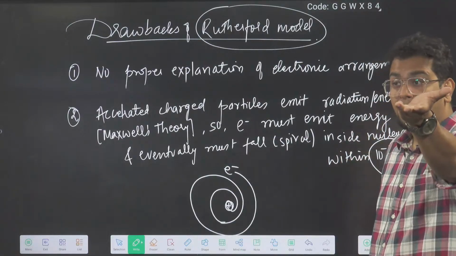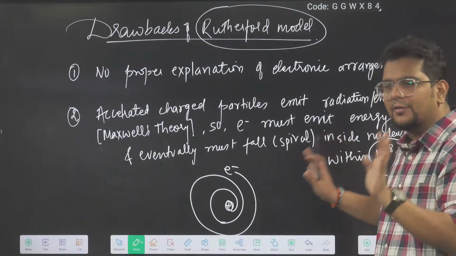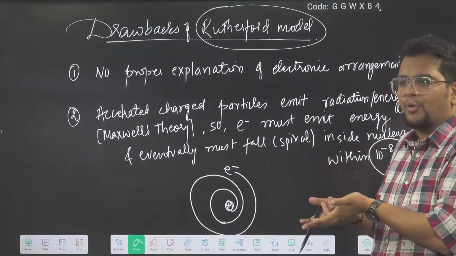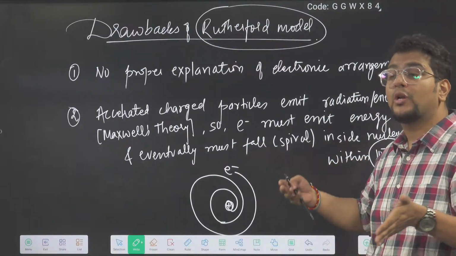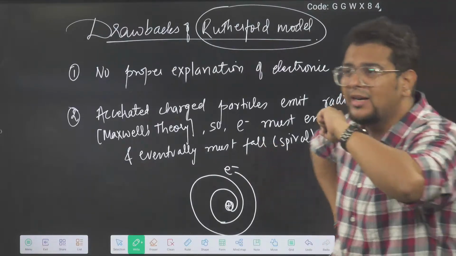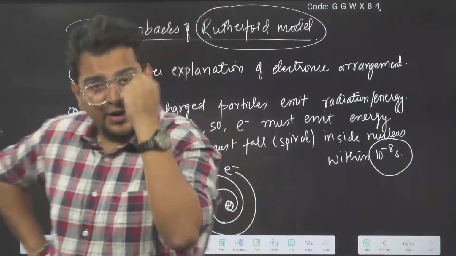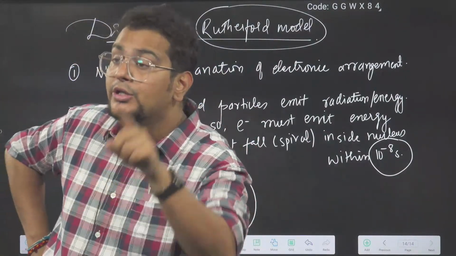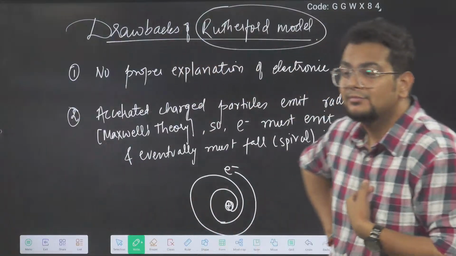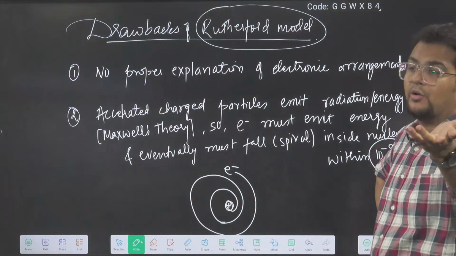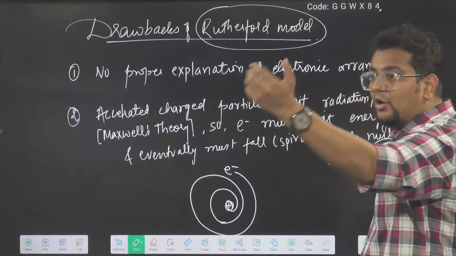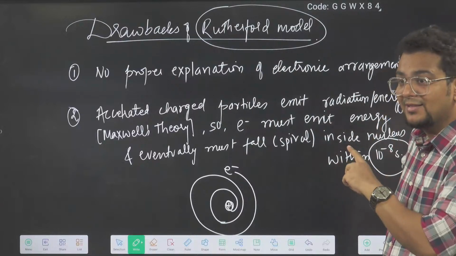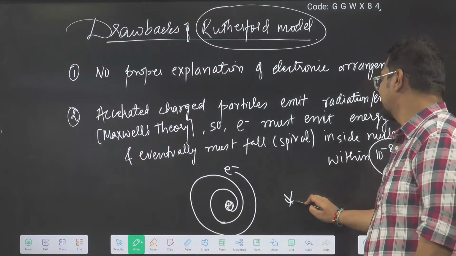So that means you should have blasted by this time. If Rutherford is able to explain the atom properly, then by this time the electron should have gone inside the nucleus of your body. Every atom in your body should have blasted. But you and me, we are alive. The camera also right now is not blasting. TV is not blasting. That means Rutherford